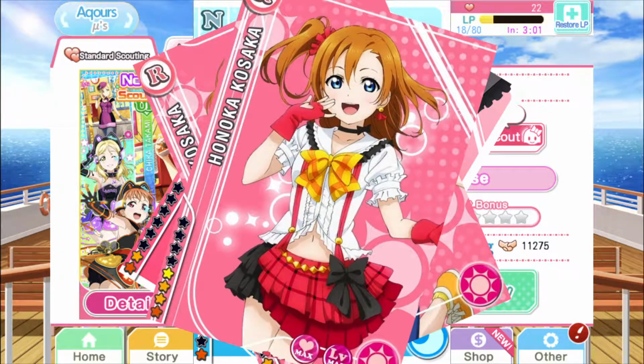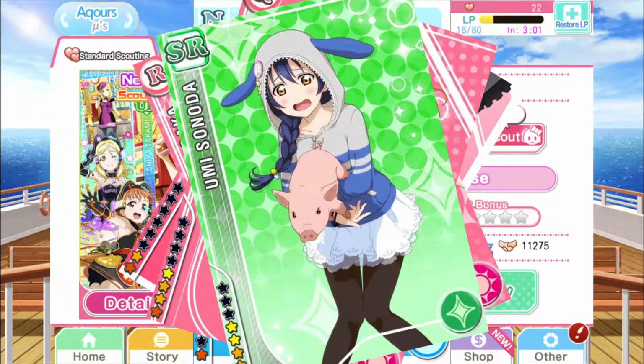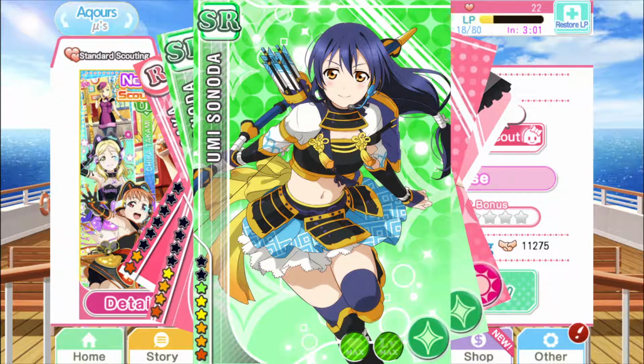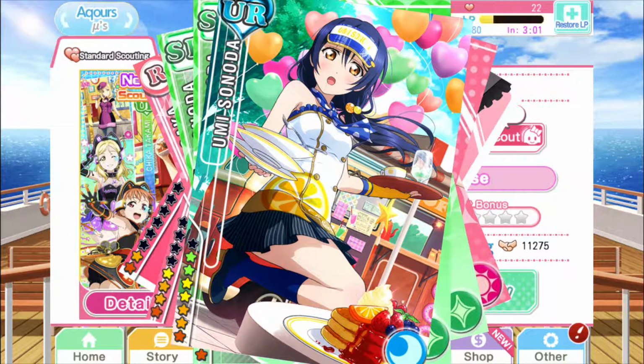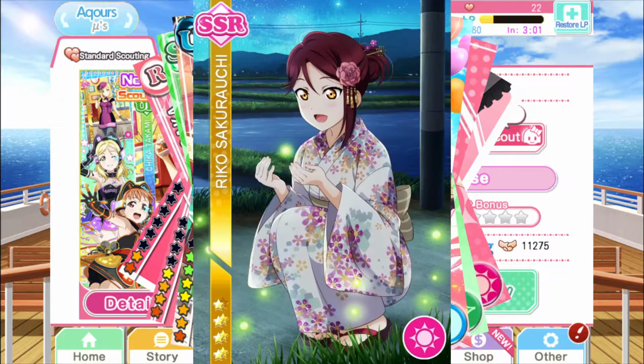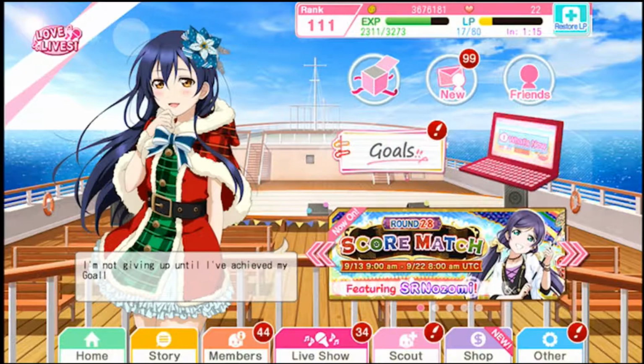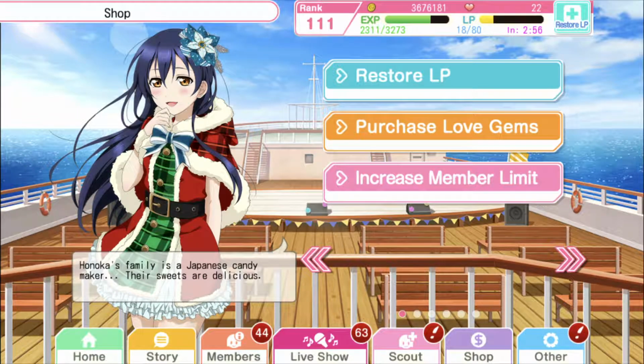Your rare members, your idolized rare members, your super rare members, your idolized super rare members, your ultra rare members, your idolized ultra rare members, and the super rare members, which are actually below the ultra rare members, but they've only been in the game a short time, so I forgot to mention them. You can't idolize them. But we don't worry about that right now, because we're only doing the basics. The basics. Like the home screen. Moving back to the home screen, next to the scouting button, you've got the shop button. Here's where you can spend real, actual cash on the game.